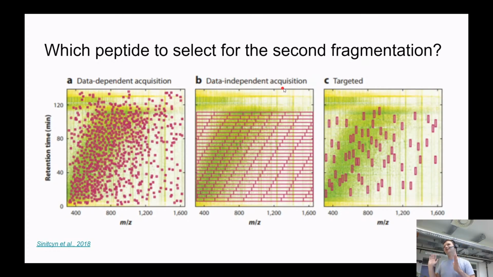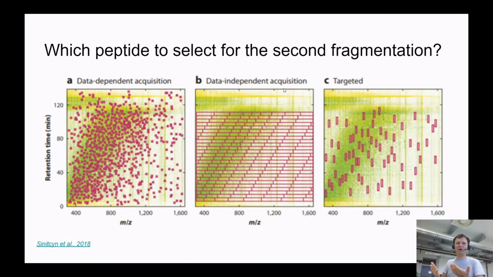Data-independent acquisition can initially look a bit strange. But what we are doing in data-independent acquisition, we are not like a sniper taking certain peptides. We are not targeted. We are just looking at a certain specific window all the time. We take windows from, let's say, 400 until 500, and all peptides